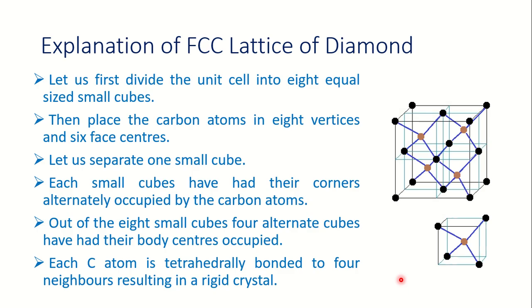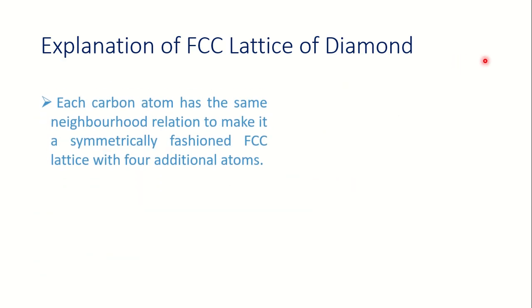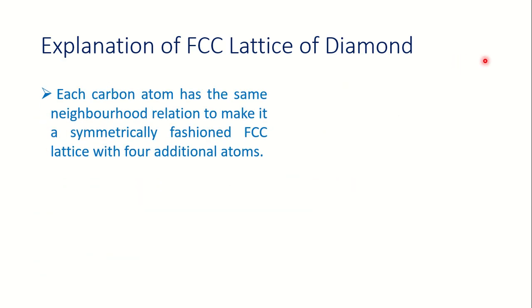How does it look? It looks like this. Okay, I repeat, here it looks like this. Look, this is not directly bonded to any carbon. It is bonded to the small cube beyond this unit cell. There are attached unit cells also. So beyond this unit cell, this carbon is bonded. Therefore, each carbon atom has the same neighborhood relation to make it a symmetrically fashioned face-centered cubic lattice with 4